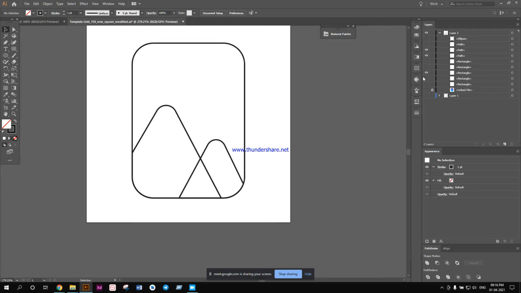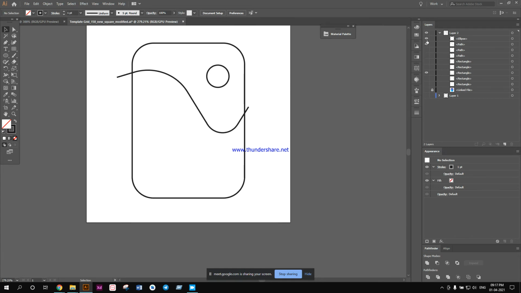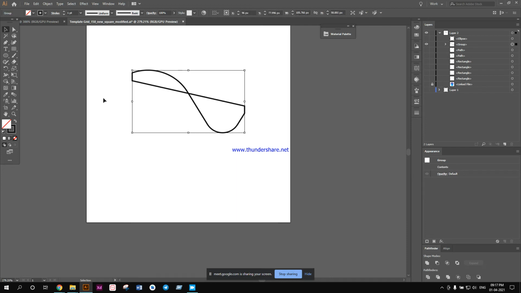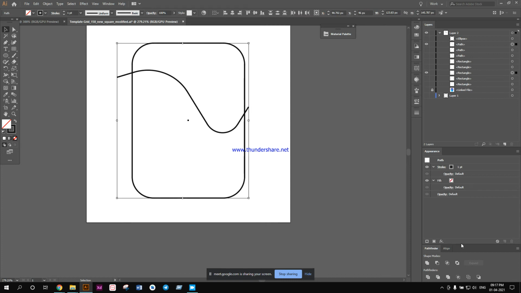Okay, now I have this layer, this is all looking good. I have this one as well, I have this one as well. For this wavy part, I can also do intersect, but it will not take place, because this is simply a line, so intersect will not actually work. If I press intersect, you will see what it looks like. Okay, I do not want it. This is a line, and the one behind is a shape.